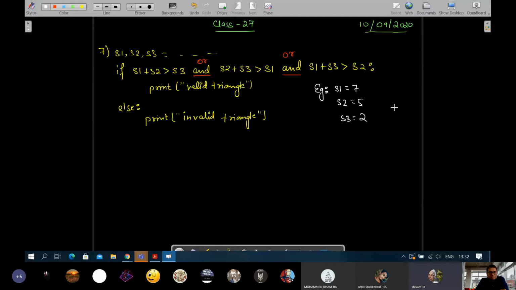Because the sum is equal to the third side. Sum of two sides is equal to the third. Yes, look, here S1 plus S2 will be what?